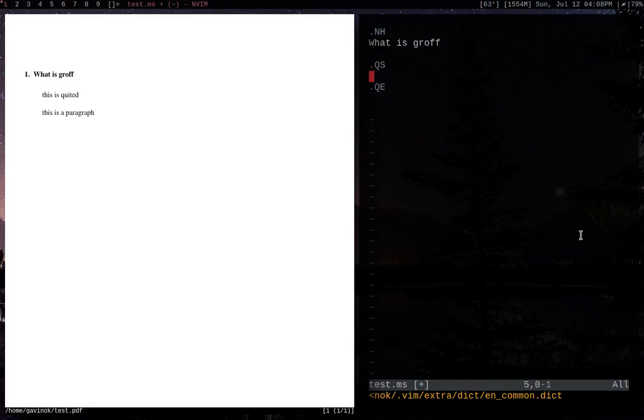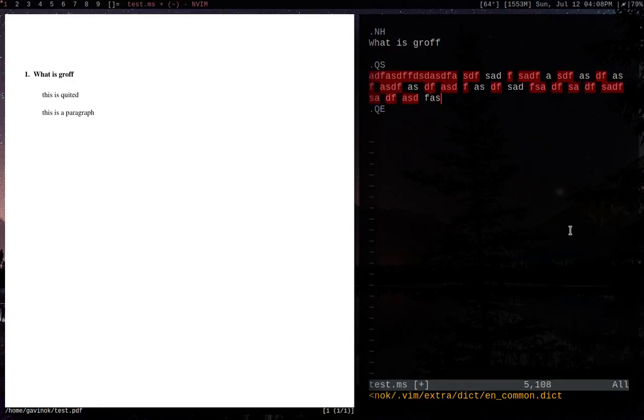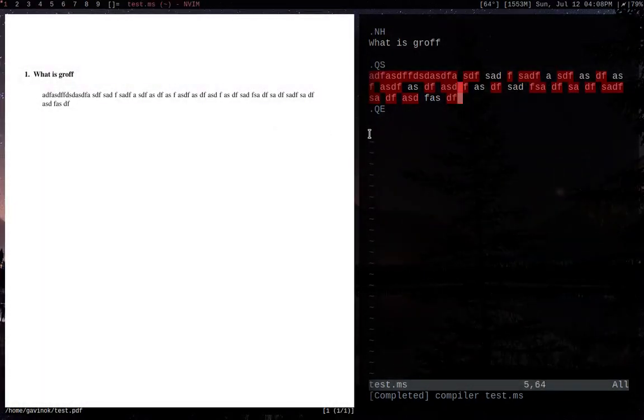We won't focus on this too much. I'll try not to overwhelm you guys too much with this, but this can be kind of useful if you want an indented spot. Actually, sorry, one of the big things about quoted text is that it indents all of it, but it basically puts it all in the center. So let's just put a bunch of filler text in here. Probably should have a faster way to do this for the rest of the tutorials. But if you look at this versus,